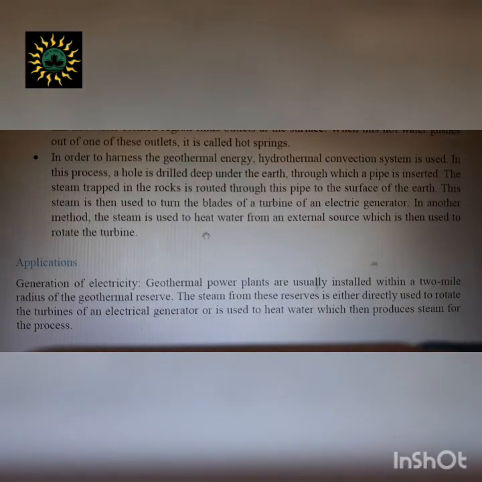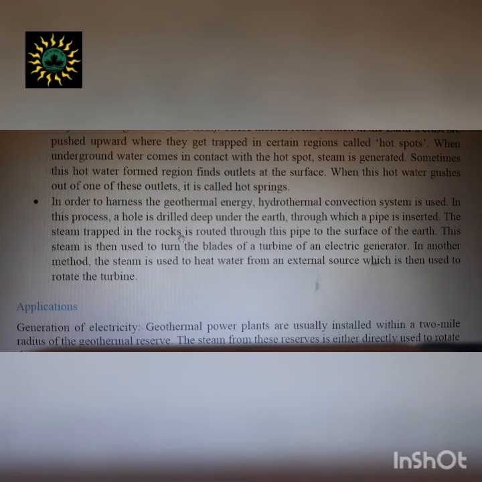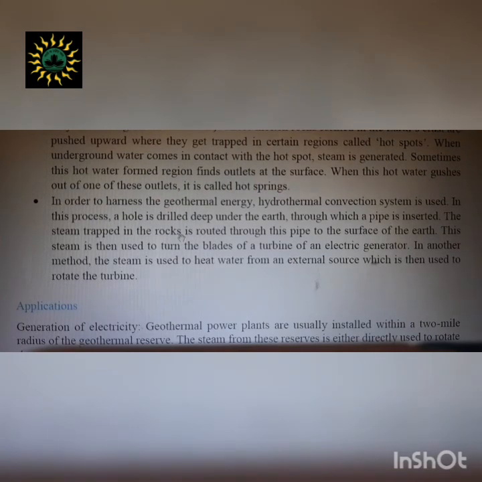In another method, the steam is used to heat water from an external source, which is then used to rotate the turbine. তাহলে এই জায়গাটায় আমাদের কি হলো ব্যাপারটা, এটা হচ্ছে যে আমরা ডাইরেক্টলি we are not using the heat energy of the rocks directly to form the electrical energy. We are not using directly. What we are doing is, for suppose we need steam to rotate the turbine. So how